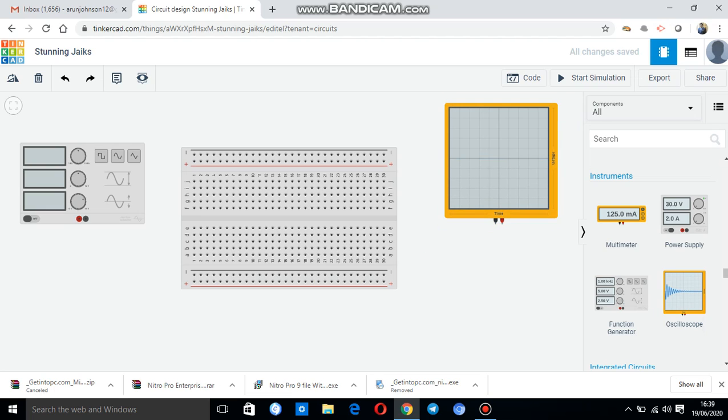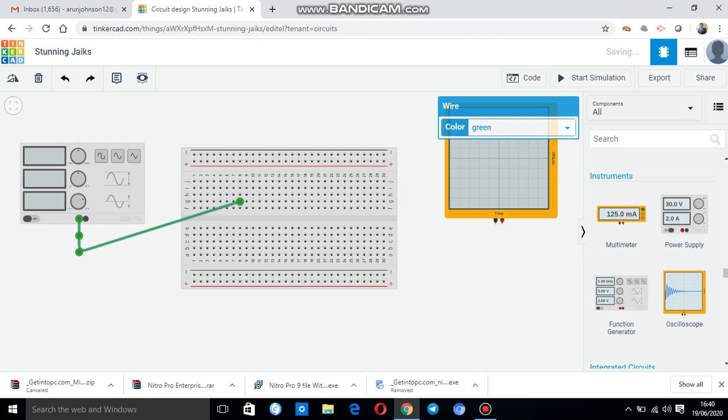First, in this breadboard you can see the connecting platforms. This terminal is plus and this terminal is minus, similarly on the opposite side also. When you want to give a ground or negative connection, you can press it here, and for the positive, here. First of all, I want to connect positive towards here. If you click this red and black, you can get the wire automatically. I can connect anywhere else.